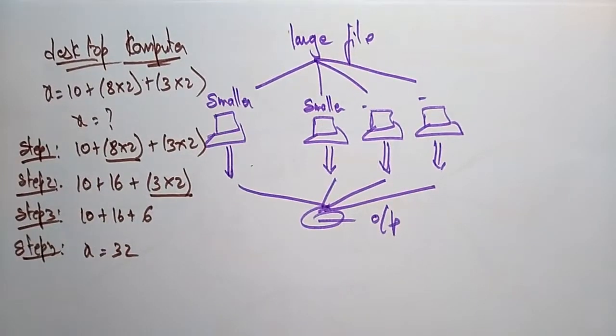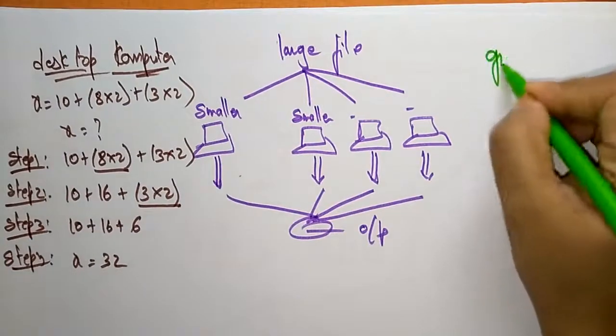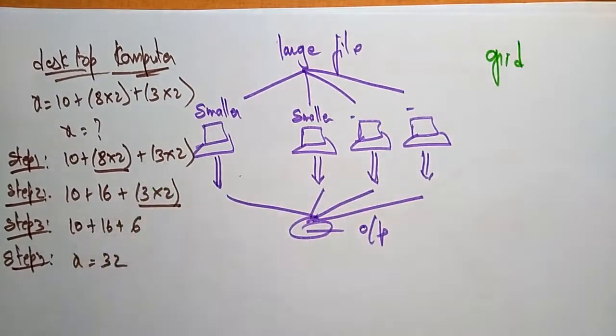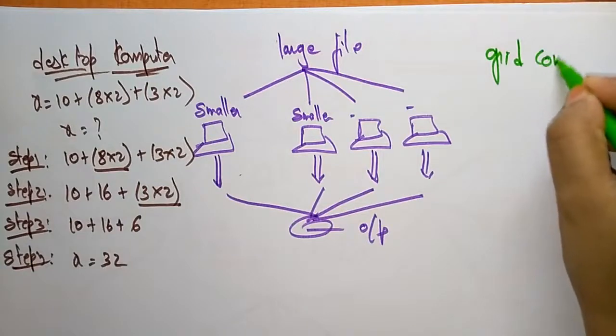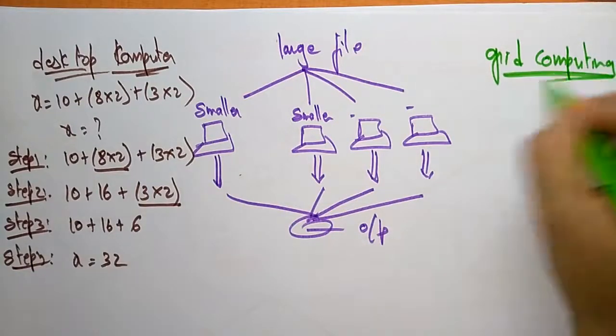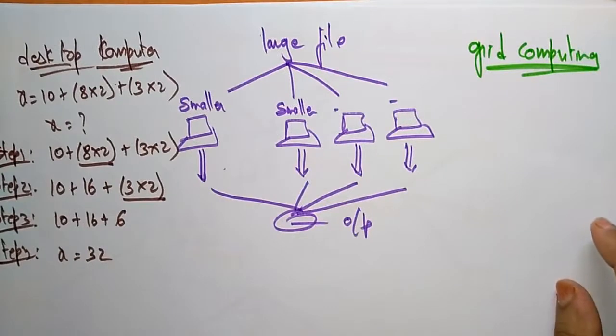Then how will grid computing work? If you want to calculate this equation with the help of grid computing, let's see how it is calculated. Grid computing will take 3 processors or 3 computers to solve this application. You need not take additional computers. Whichever computers are connected in the grid can perform whenever work is allotted. Otherwise, they act as individual systems and perform their own work. Only when the equation is placed on the grid will all those computers interact.